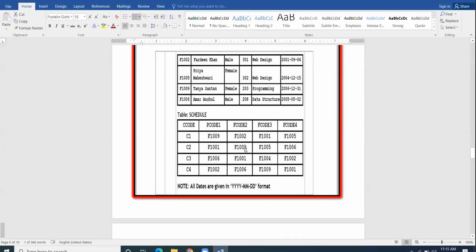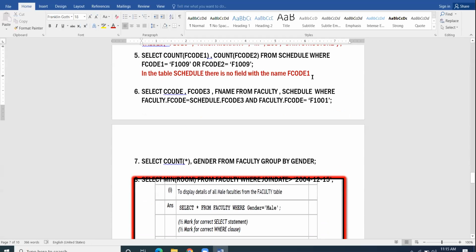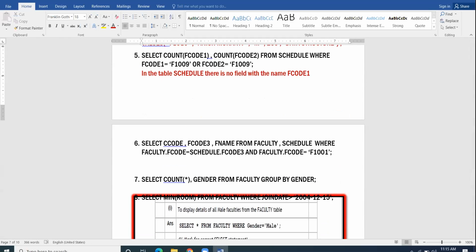F1009 is coming only one time in the F code 2 column. So if somebody writes like this, the answer will be 1.